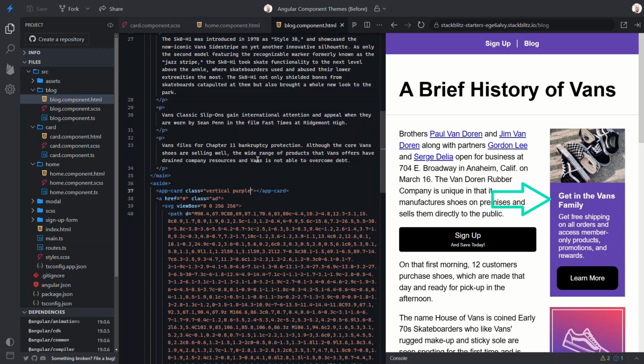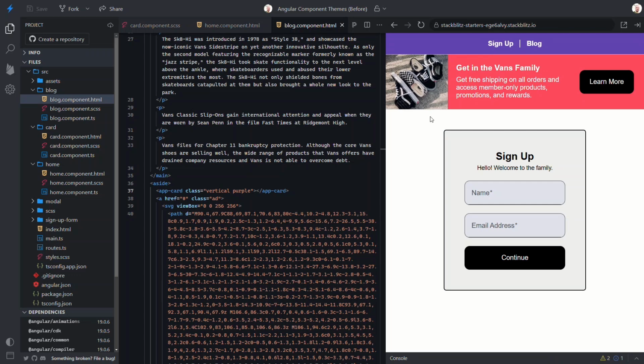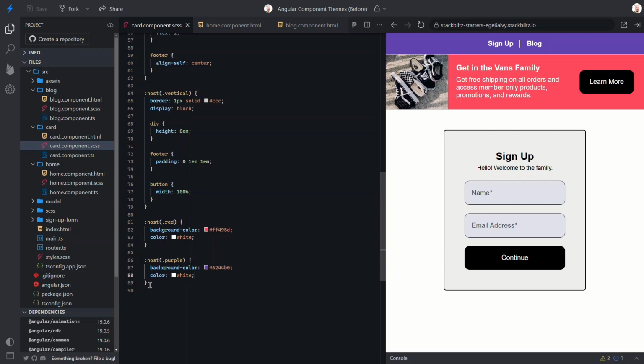Nice, this component is purple now. And the banner on the sign-up page is red. So that's how I like to manage layouts and colors. But while these concepts work great, they're still not without issues. Sometimes they just don't work well because you need more customization for a given scenario, but maybe it's more of a one-off case. In these cases, I like to use CSS custom properties to expose configuration that can be overridden